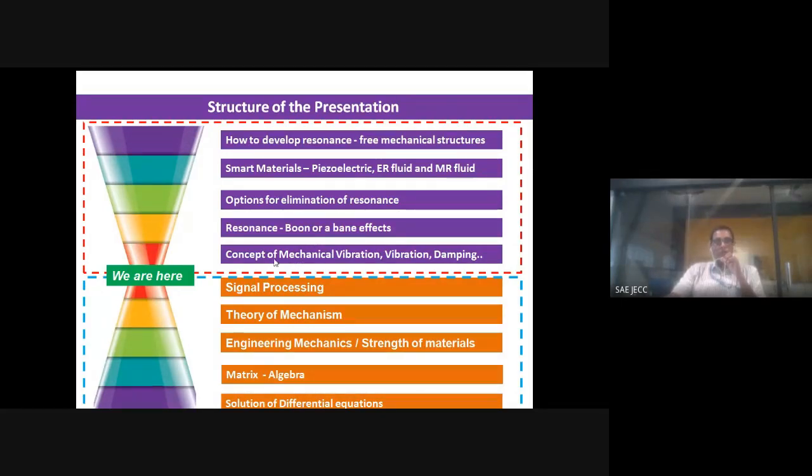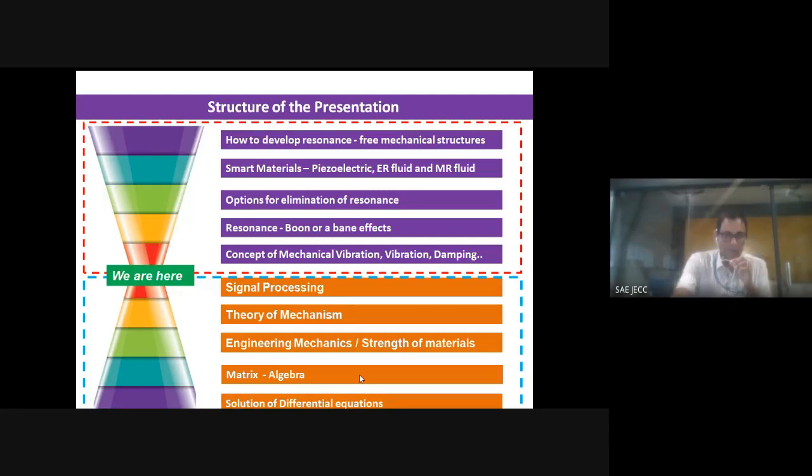To know that one, we need the concept of mechanical vibration, the elements of vibration, different types of damping, and these topics we will discuss in the reverse order. Not from the top to bottom, we will discuss from bottom to top. Now, to be comfortable with this presentation, you are supposed to be aware of these particular topics. But even though you are not from a mechanical or civil structure background, we can manage it with the suitable